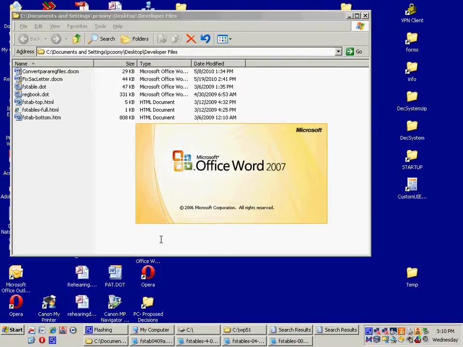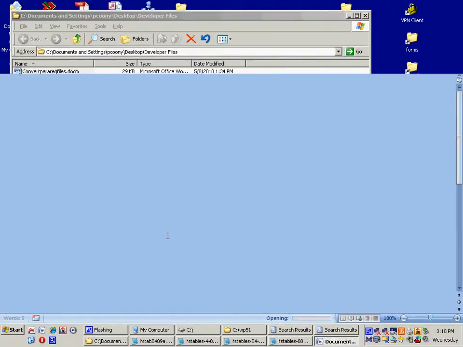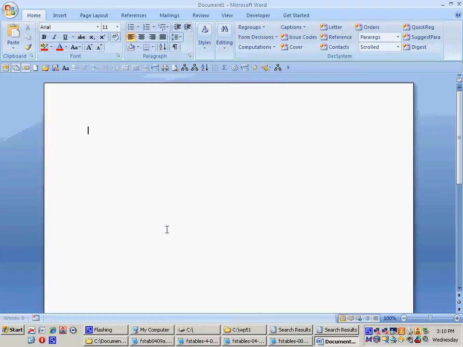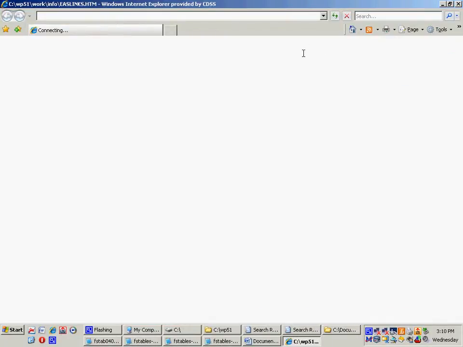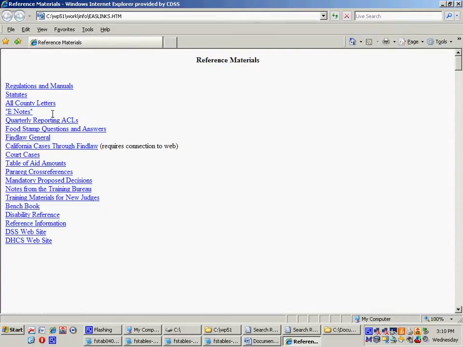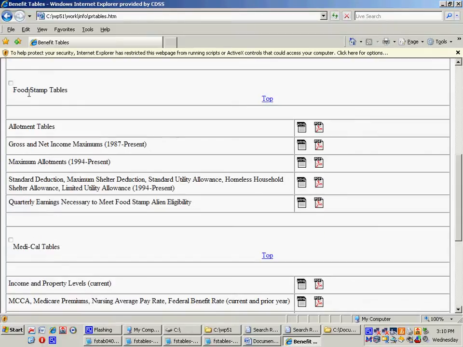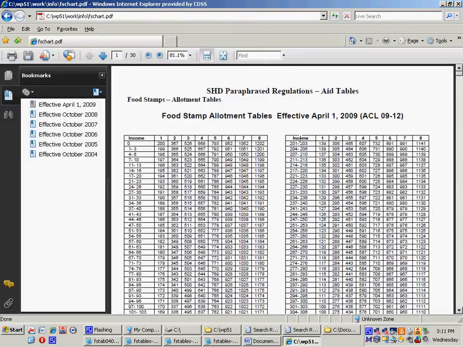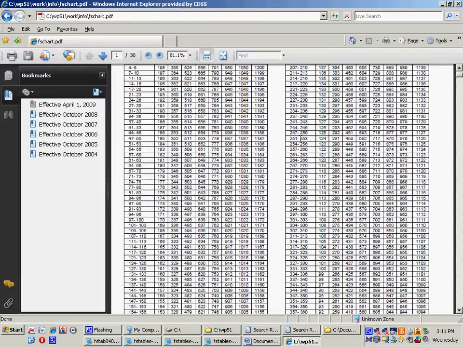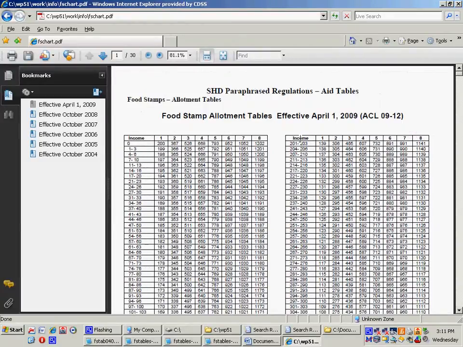Go back to the three effective files in the developer files folder I'm going to give you. One is called FS Tables Full, the other is top, and the other is bottom. Once you've messed with each one, you're going to change the name so they all work together. But for now, let's go back to what we did before and